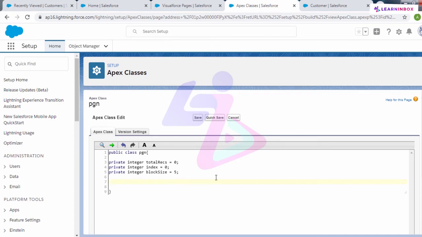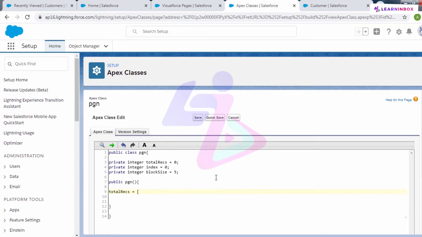Let me specify one more method here. Here we'll make use of total records, and we'll specify what total records are.